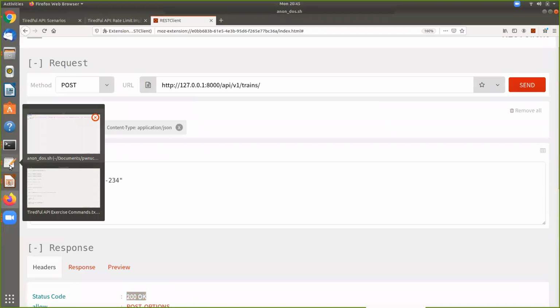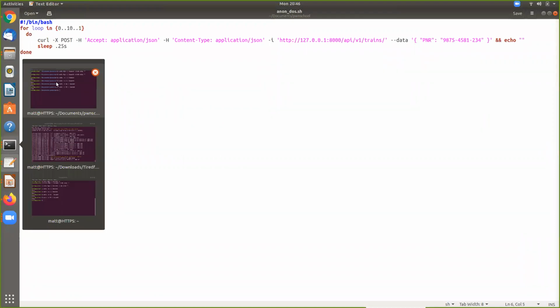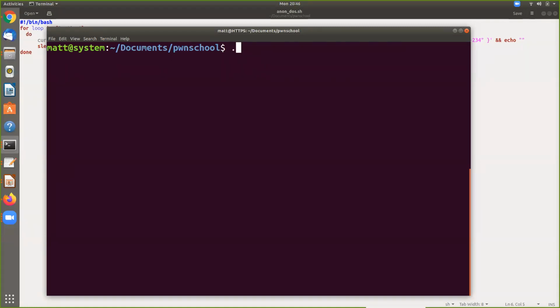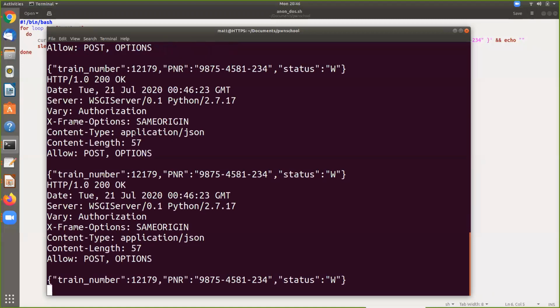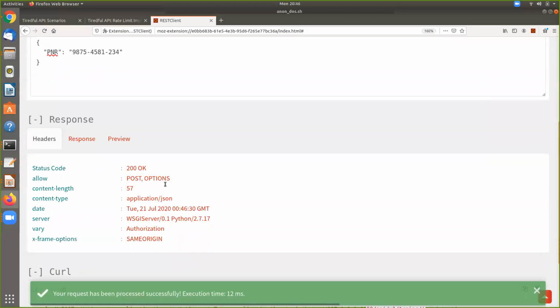And this is something that a threat actor would probably not do, but I did put a sleep of a quarter second just so people can kind of see it a little bit. And then it just stops after it's run essentially 11 times because it starts at 0 and goes to 10. So let's go ahead and see what the script does in this case. Let me go ahead and clear this, and I'm going to go ahead and run the script. And you can see we're still getting HTTP 200 responses. It finished, so it ran the 11 times, bounced back here, resend, and again, HTTP 200 code still looks good.